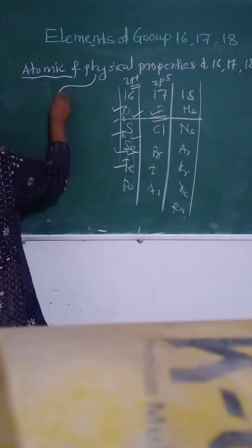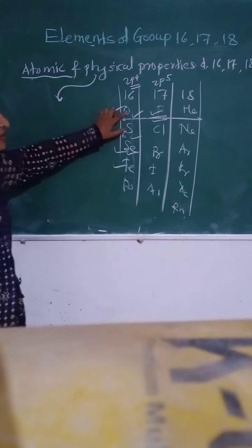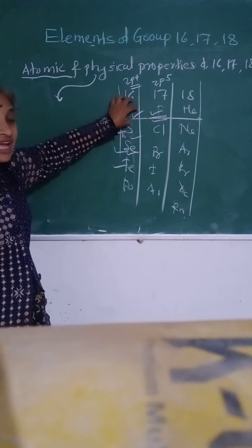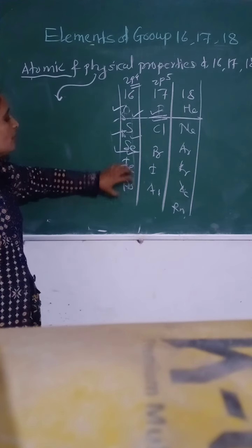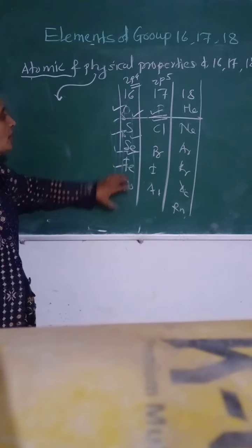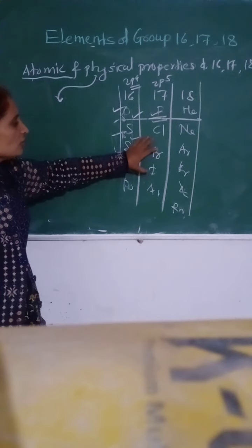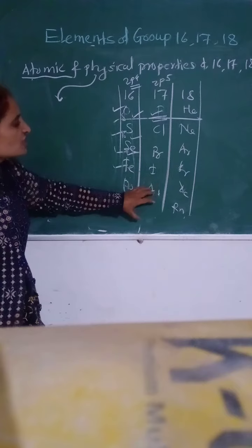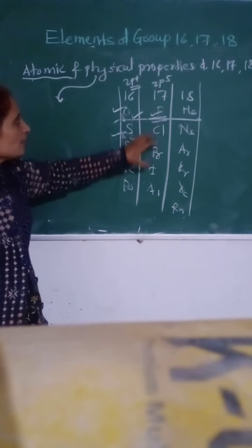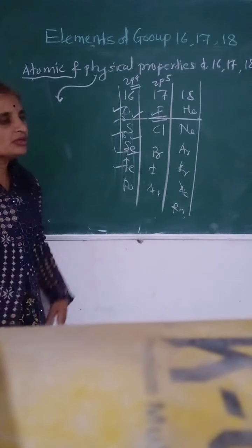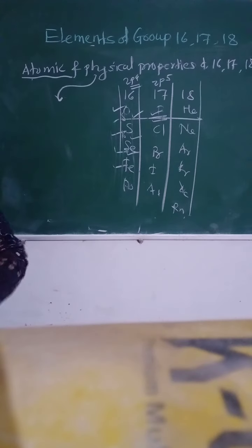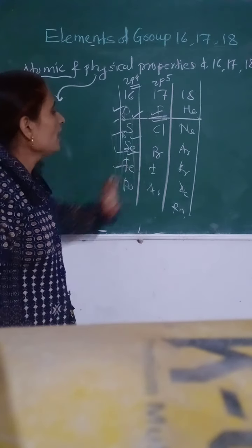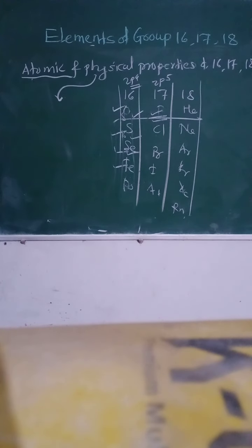Here we want to study physical properties, meaning existence: oxygen in diatomic gaseous form; sulfur, selenium, tellurium in solid phase; fluorine in gaseous state, bromine in liquid phase, iodine in solid phase. As atomic number increases, melting point and boiling point also increase. In helium, neon, argon, krypton, xenon,